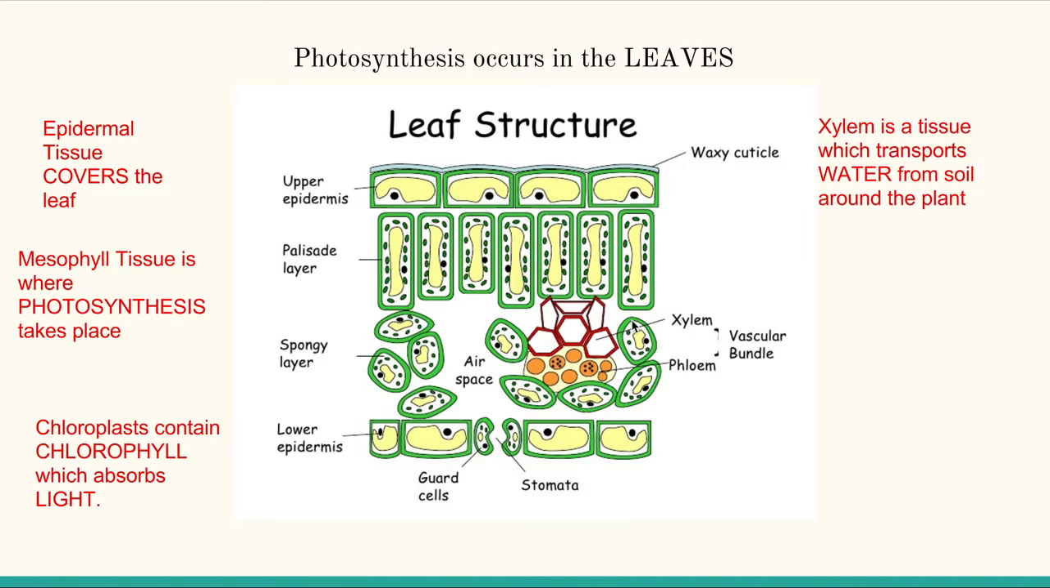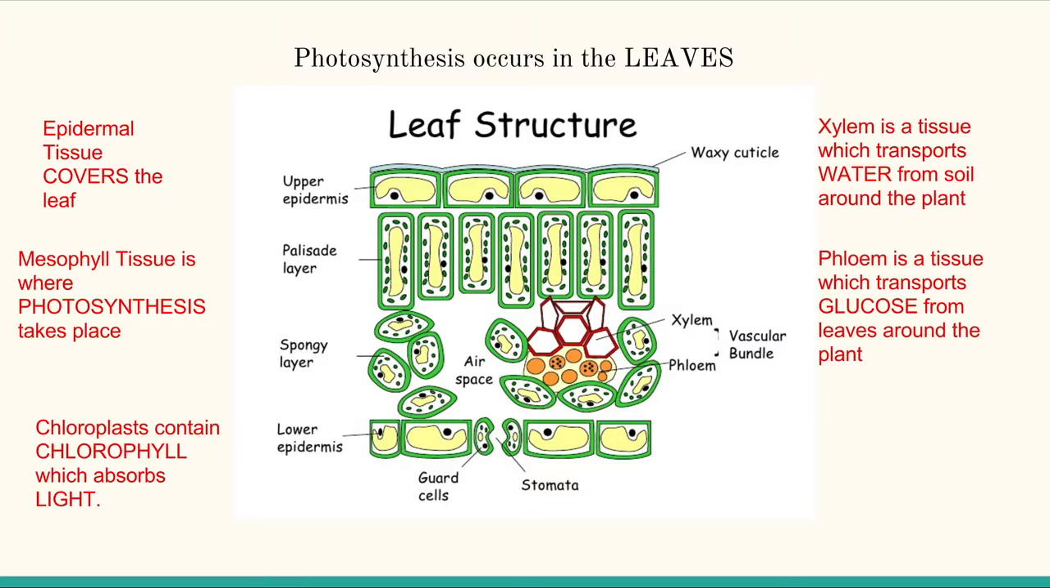Now the xylem here is a tissue which transports water from the soil around the plant. Remember, you need water for photosynthesis, so this is very useful. Now phloem is also a tissue which transports glucose from the leaves around the plant. Glucose is a product of photosynthesis, and so it's useful because it transports it to the parts of the plant